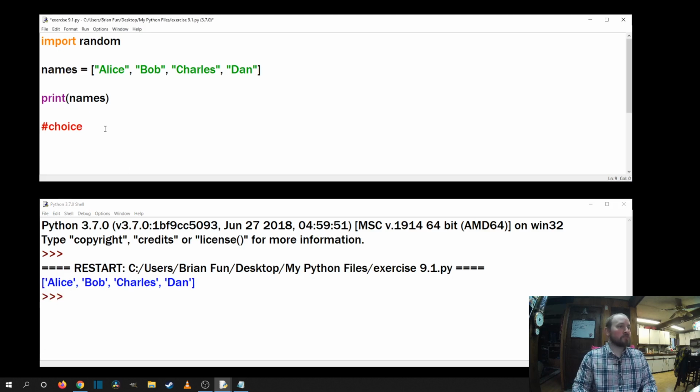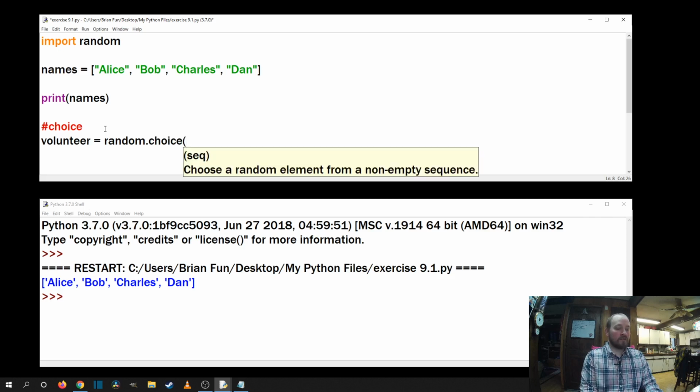But I want to randomly choose one person. So why don't we pretend this is kind of like a magic show, because it just showed you a little bit of a magic trick. It was really lame, but it still works. Yeah, so why don't we say I need a volunteer from the audience. So volunteer, that's my variable name, equals